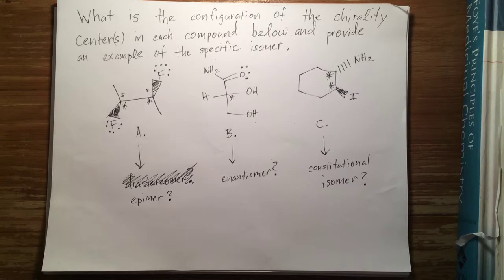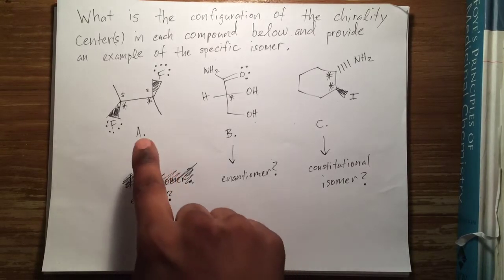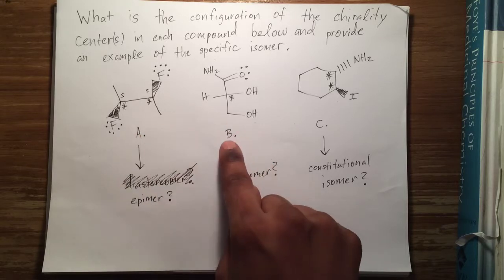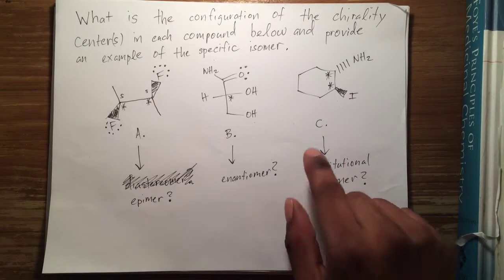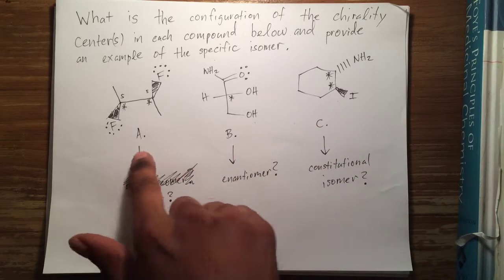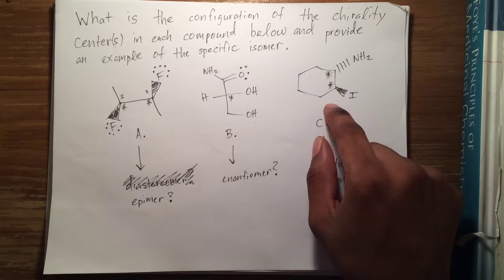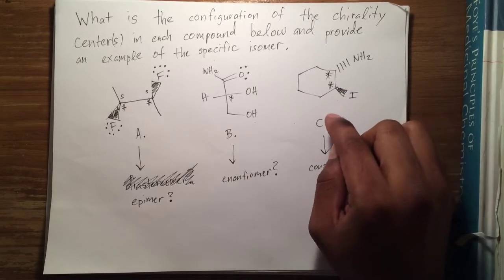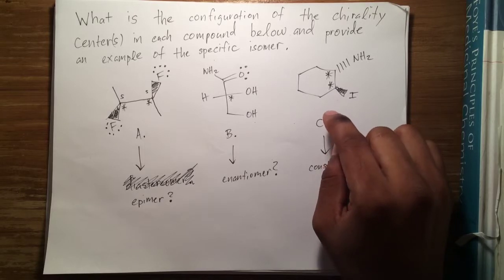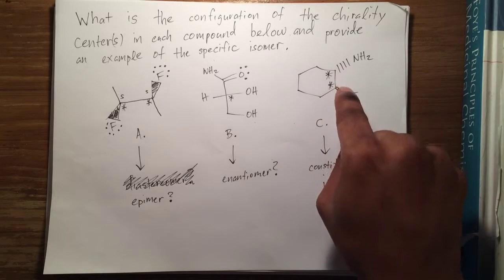This is the final video concerning this problem, and we talked about A already, we talked about B, so now we're going to finish the problem by talking about C, and this one's special compared to the other two, because this one is linked in a chain, and anytime a molecule is linked in a chain, we consider this molecule to be, they use this special word, they call it cyclic, and it just means the molecules interlinked in a